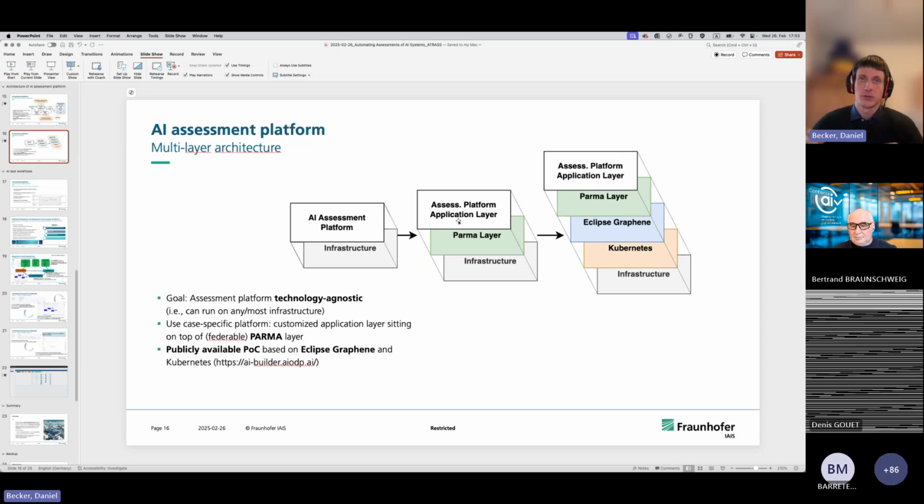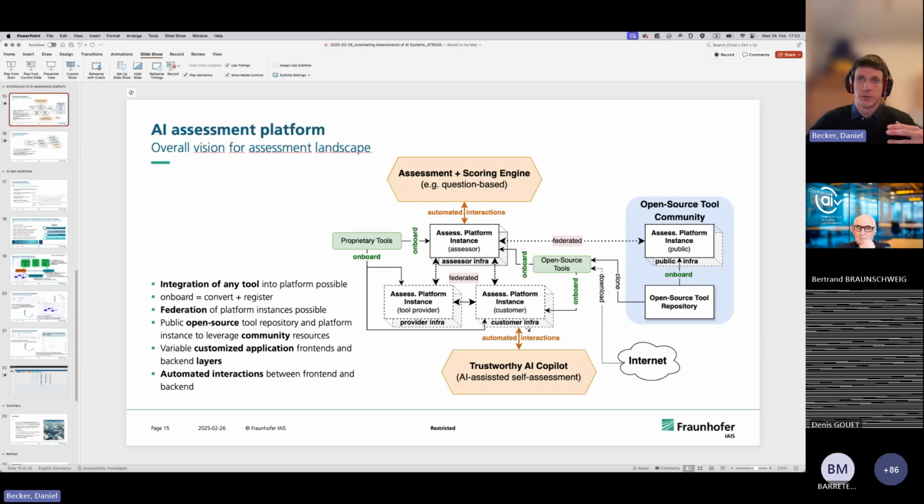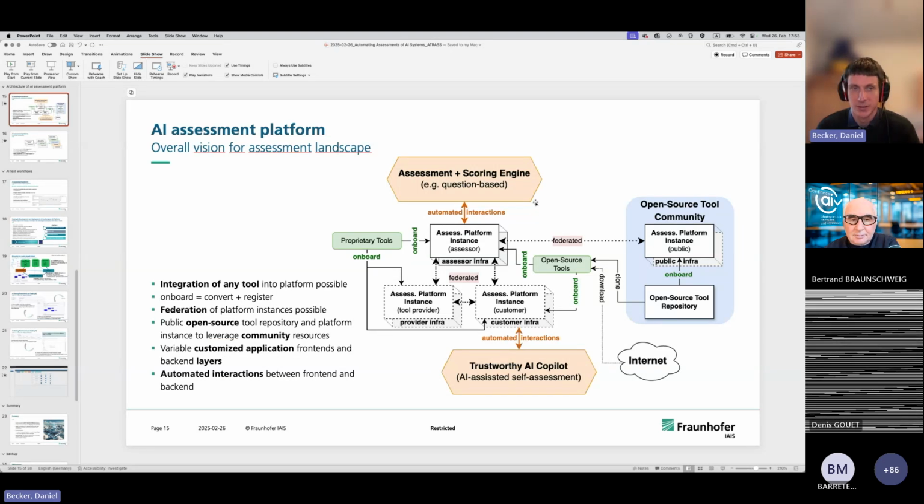And then the application front end that you have in several of these use cases should talk to this platform API and do these things automatically. If this was the question and I understood it correctly.